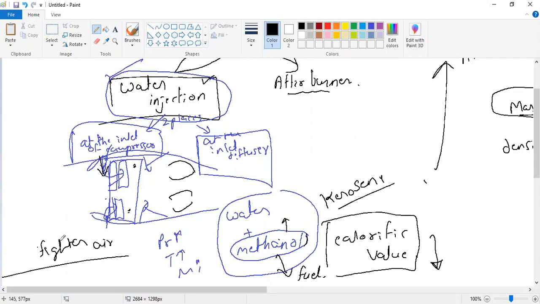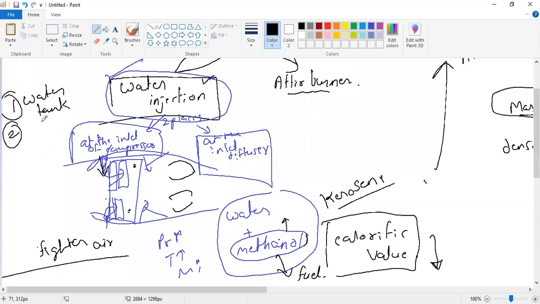Okay, now let us understand what is the disadvantage of the water injection system. First disadvantage of the water injection system is you need to carry a water tank. Right? I am saying you need to put the water, but you need to carry the water, then only you will put the water in the inlet, right? So first thing is you need to carry the water. Second thing is a water tank.